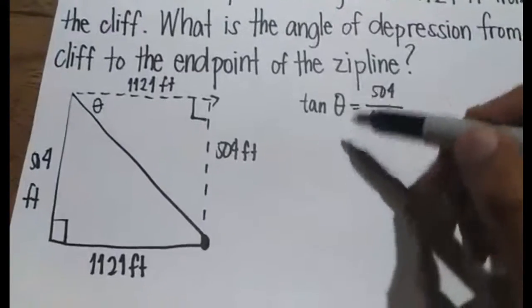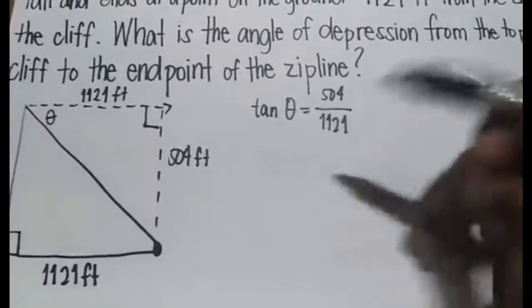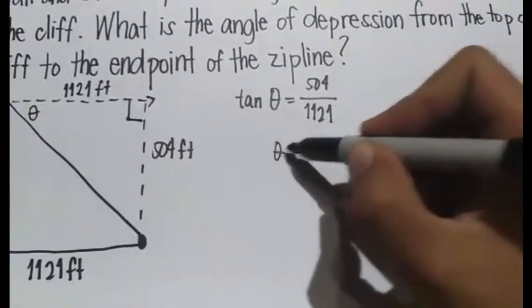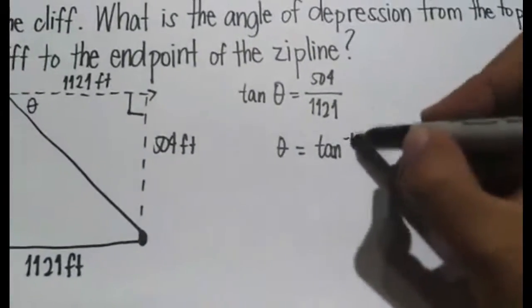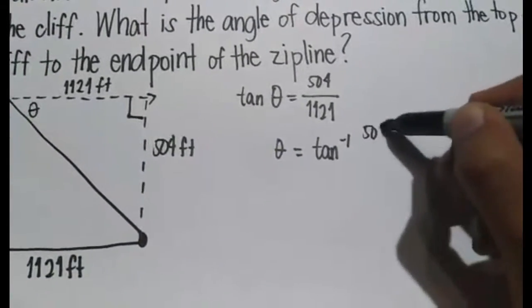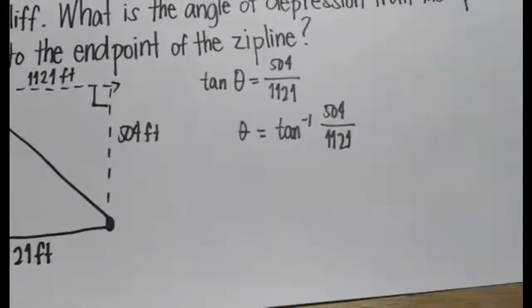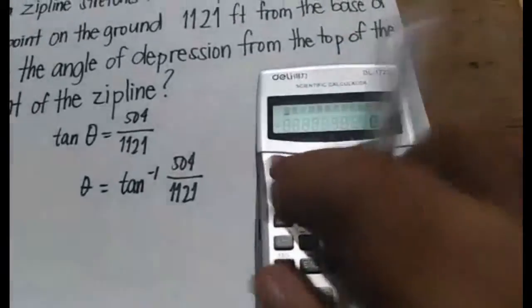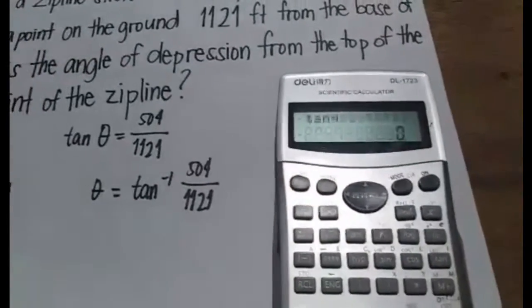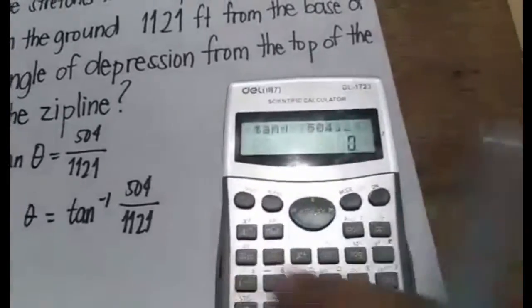Now, to get the value of theta, we could transpose tangent theta, and the equation will become theta is equal to arc tangent, tangent raised to negative 1, of 504 over 1121. Getting the value with my calculator here, we take the arc tangent of 504 over 1121,